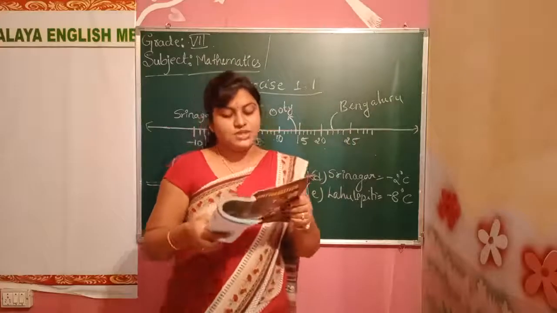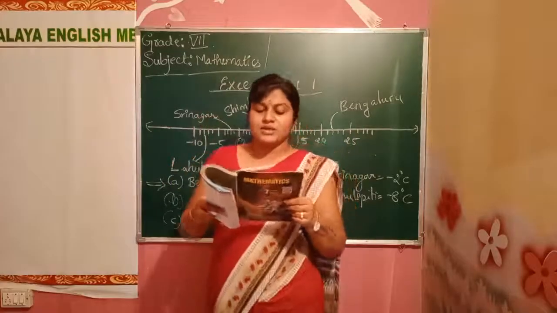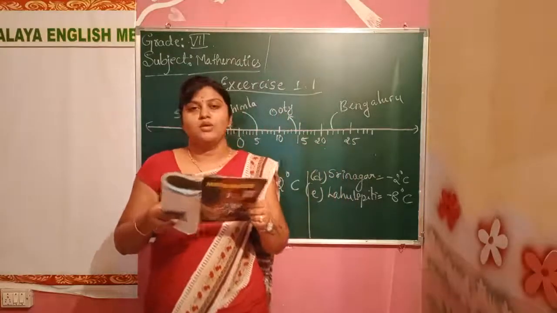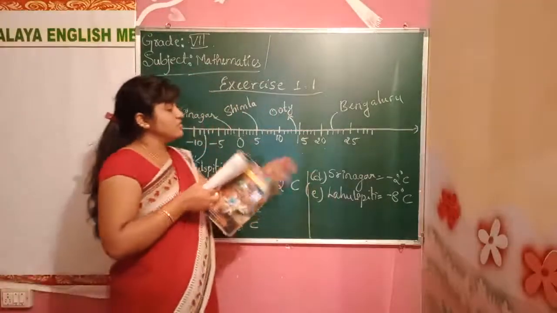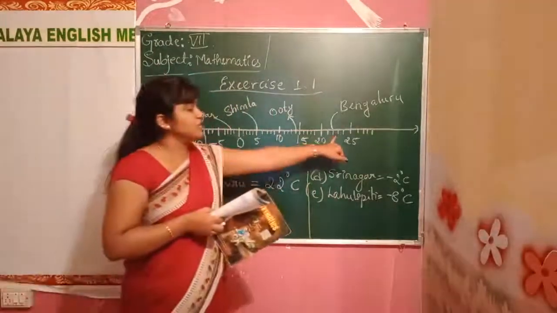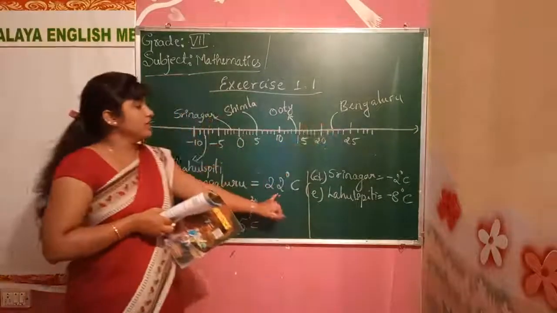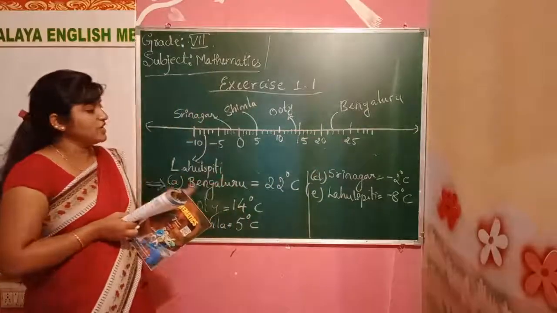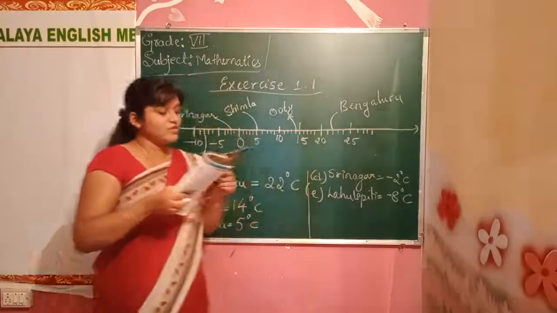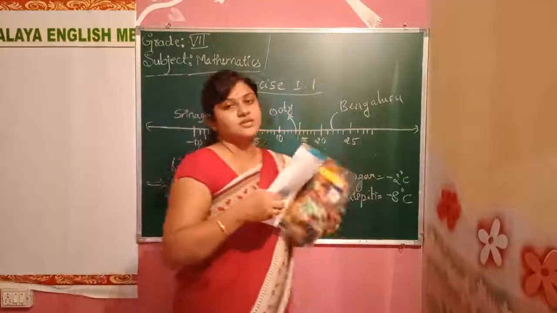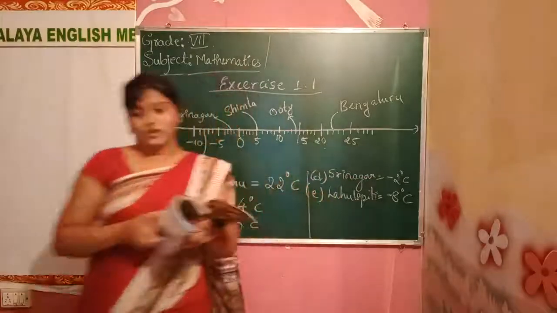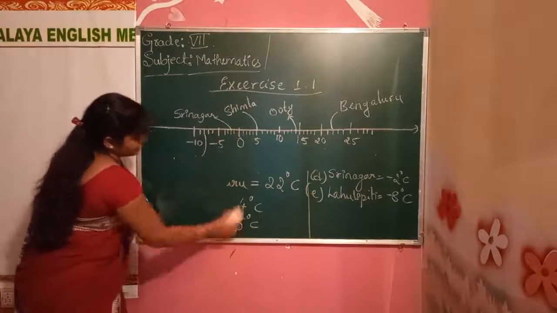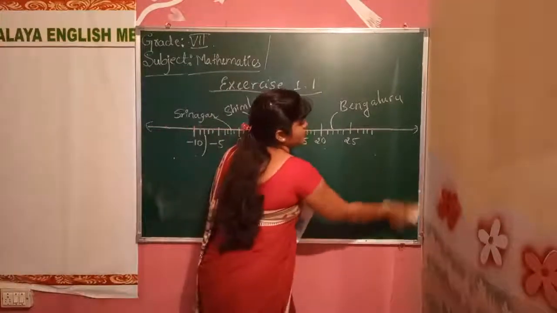We'll move on to the second question. What is the temperature difference between the hottest and coldest places amongst the above? Which is the hottest city here? Here they mentioned the 22 degrees Celsius. Okay, and the lowest will be minus 2 degrees Celsius. So what we have to do here? We have to find the difference between the hottest and the lowest. Okay, hottest will be Bangalore and the lowest will be what? Srinagar. We have to see the difference.